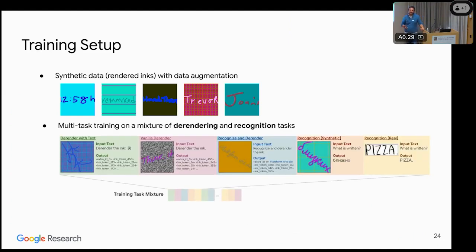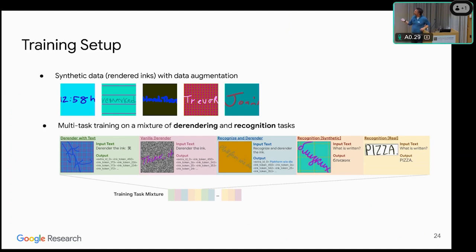Now, like the earlier approach, oftentimes we see that adding different representations of the input modality or throwing in many different related tasks together actually helps the model perform even on the single task. So we created all these different tasks, for example, derender with text, where the input is the image, and the prompt is derender the ink with the character, so the model knows the character, and then the output is the strokes, right?